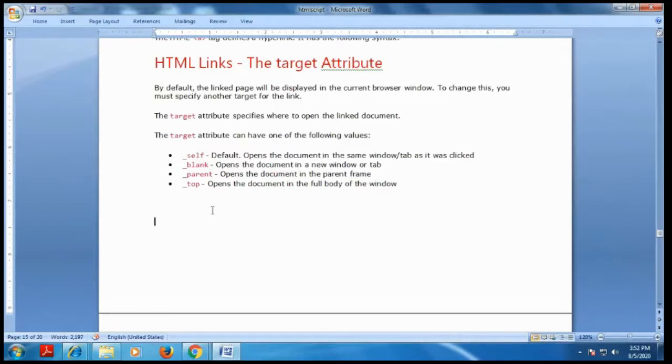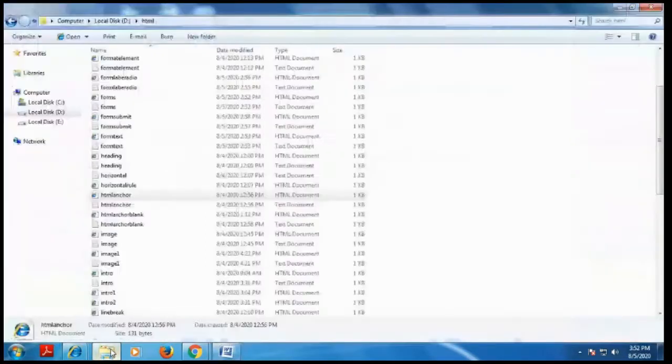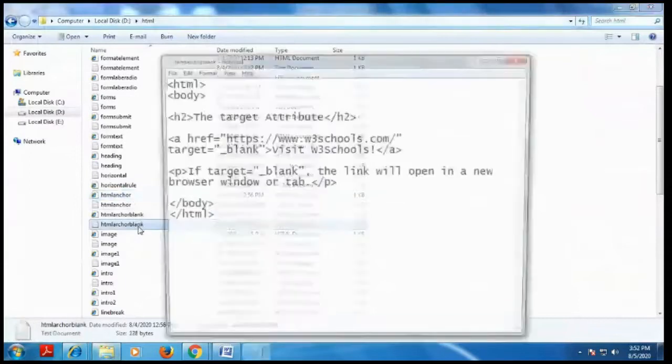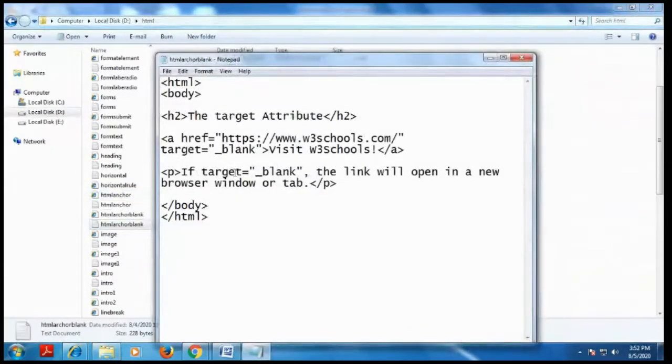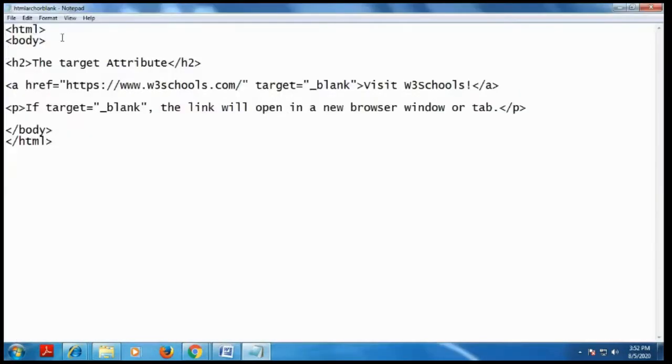Actually, I will use only one example of these attributes. You can use different types of attributes in links in your workplace. Okay, you see the example here. In the HTML, I use only target is blank. Here I use this HTML body. As usual, the heading tag, then the target attributes. The a href is the anchor tag. For the source, I mention the web page of w3schools.com, and I put the attribute target equal to blank.